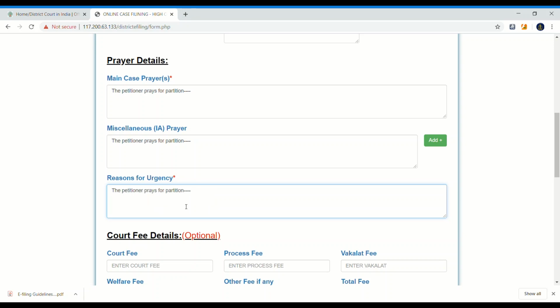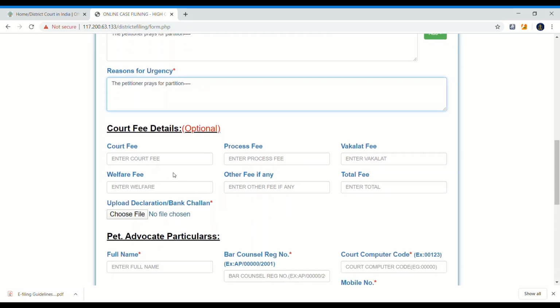The petition prayer so and so. Entered some dummy bills. Court fee details: either a declaration or a bank challan. So we are choosing the file from my computer. Already we have the PDF, the bank challan.